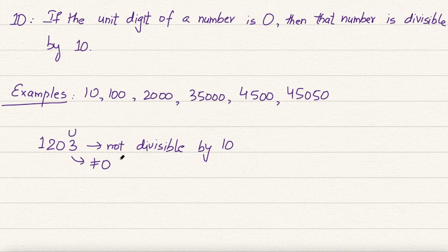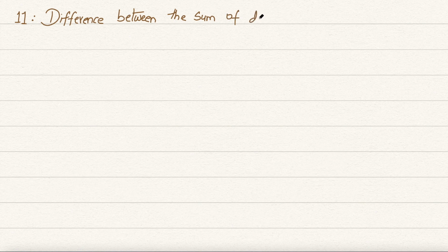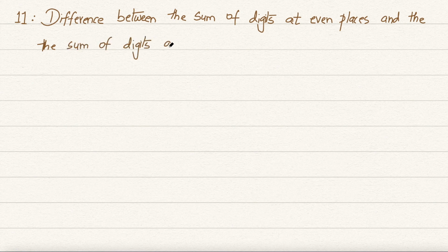Let's look at the test of divisibility for number 11. For number 11, the difference between the sum of digits at even places and the sum of digits at odd places is equal to 0